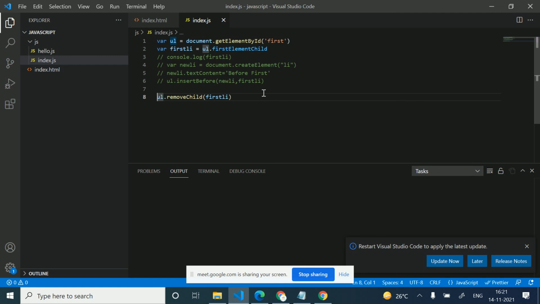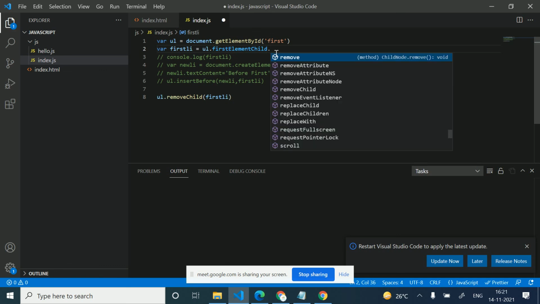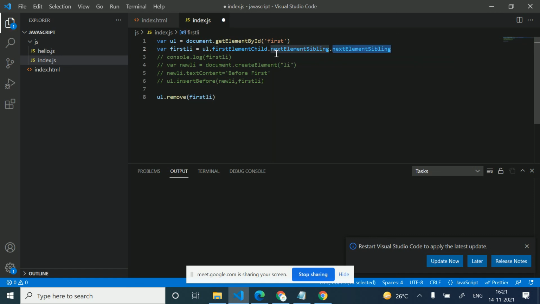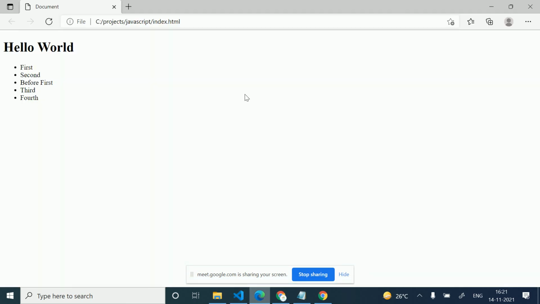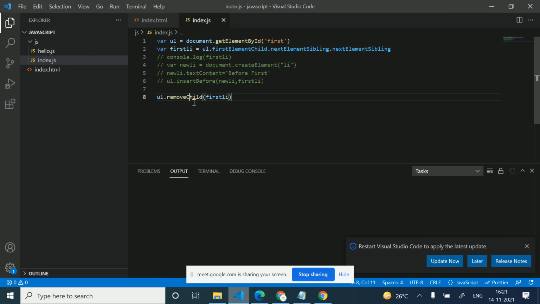Okay, and I want to remove the sibling of this, so I will add the sibling. Okay, I'm just going to revert this, like I want to remove from here. So child. So now first, second, fourth, third is removed from this list. Okay, so there is a function to remove the child here, remove child. Now there is another thing, we want to clone some element. How will we clone this? There is a function called clone node.